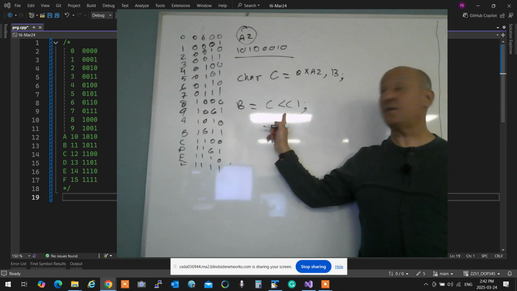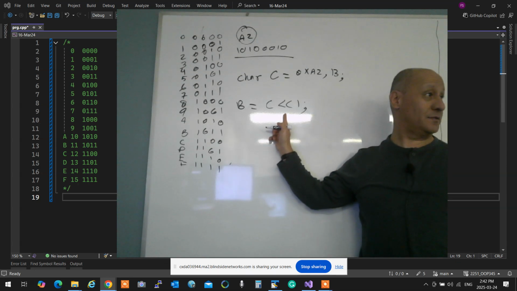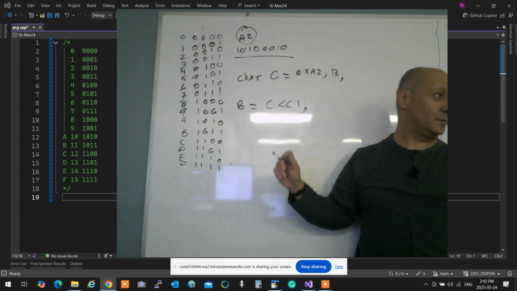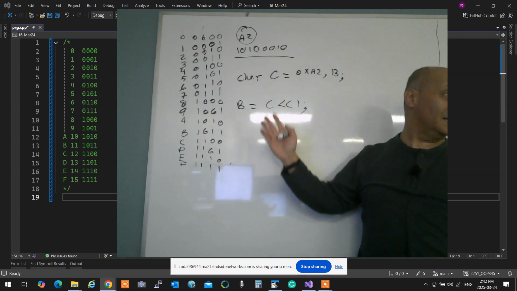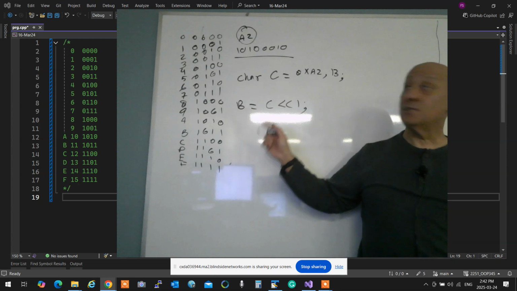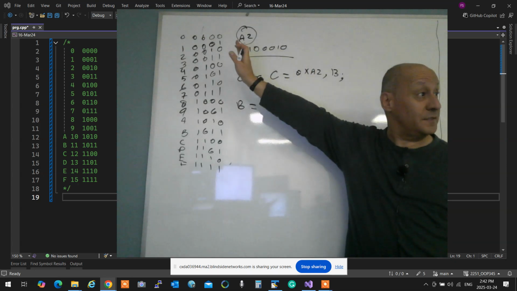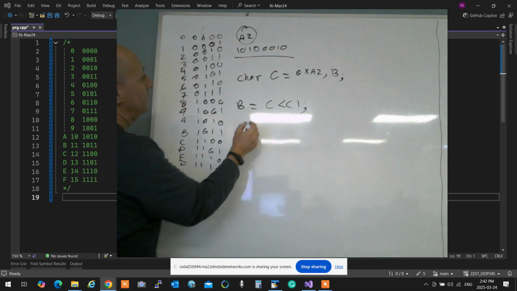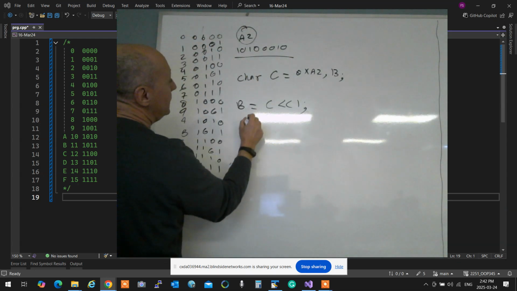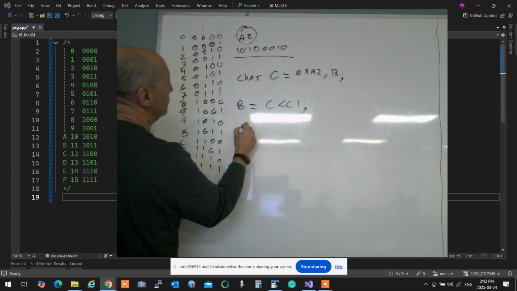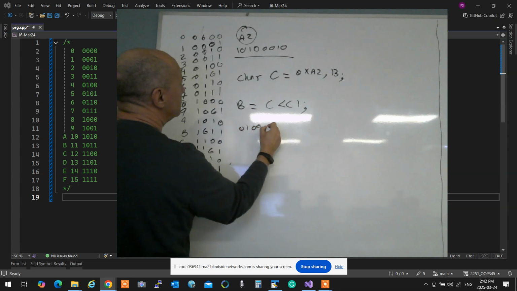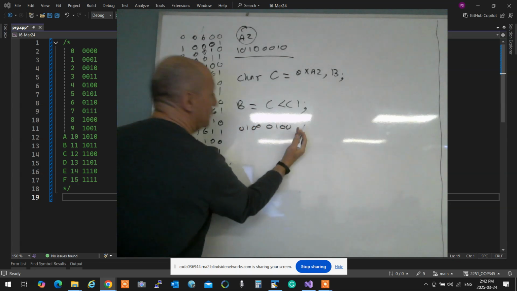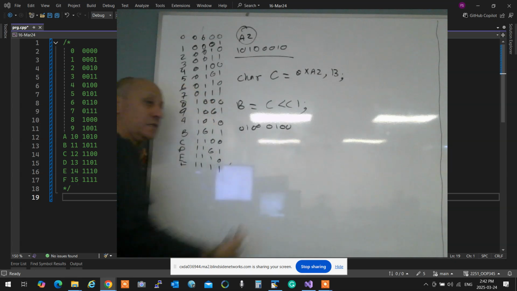That's the left shift operator, not the insertion operator. Insertion operator will be lied to you in OOP345, just to put a name for it. That's actually left shift operator. So if I do this, everything's going to be shifted to the left. Therefore, B is going to have the content 0, 1, 0, 0, 0, 1, 0, 0. So it shifts and fills this with 0.